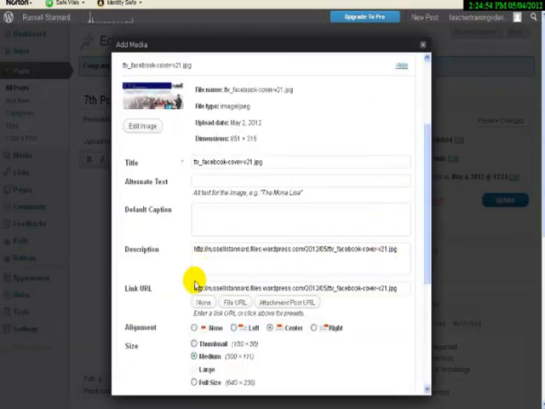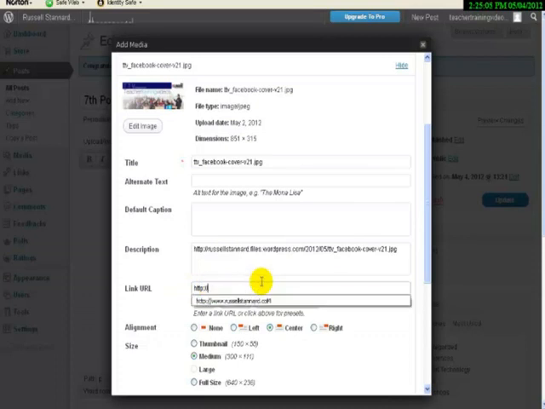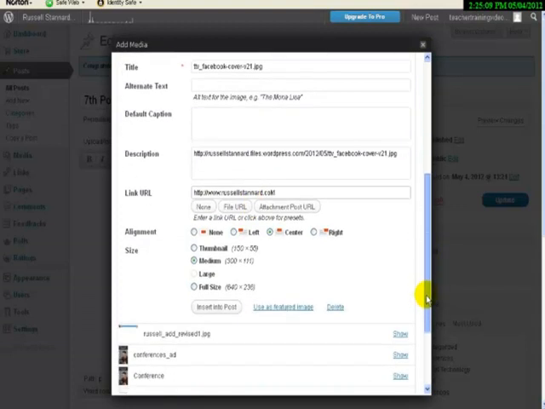and then what we can do is come down to here and we're going to override this one here, and in fact the easiest way to do it is for me to actually just delete that, change that back, and then put, in fact, oh, we've got one here we can already use, so I'm going to click on that, scroll down, and now what we're going to do is we're going to insert that post. Notice that we've changed the link URL to be a website,